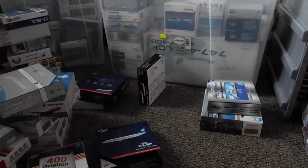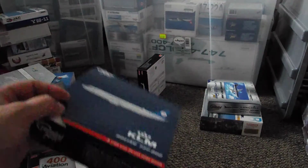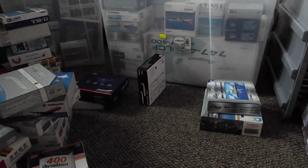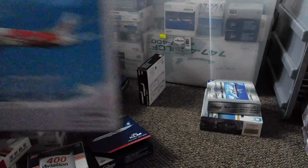Because you can't just keep buying Dragon Wings forever and ever, and some people just hate Dragon Wings. There's collectors out there who want to buy nothing but Gemini Jets. They will look at you like something's wrong with you if you buy Dragon Wings. I just bought loads of them because I wanted them. I wanted to expand my collection, and the cheapest way to add new aircraft to your collection is to buy Dragon Wings. You can buy them very cheaply, even if they're special livery 777s or whatever. They're usually easy to find, so yeah, for someone who's on a low